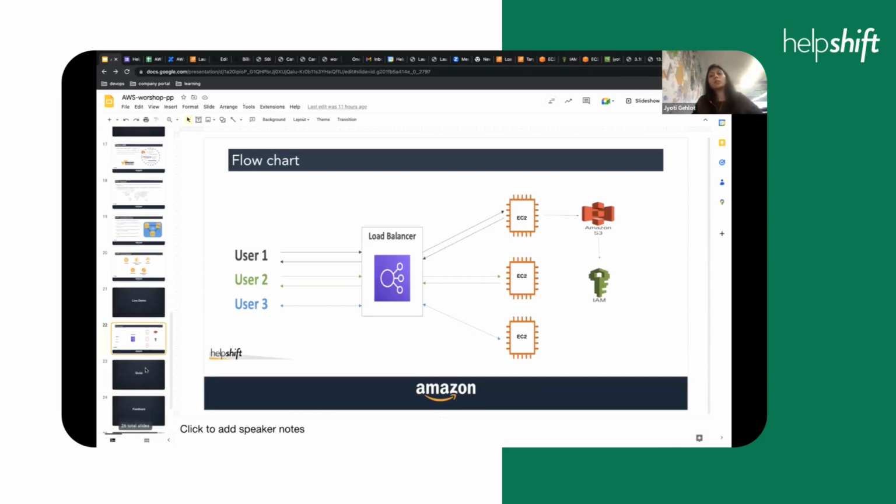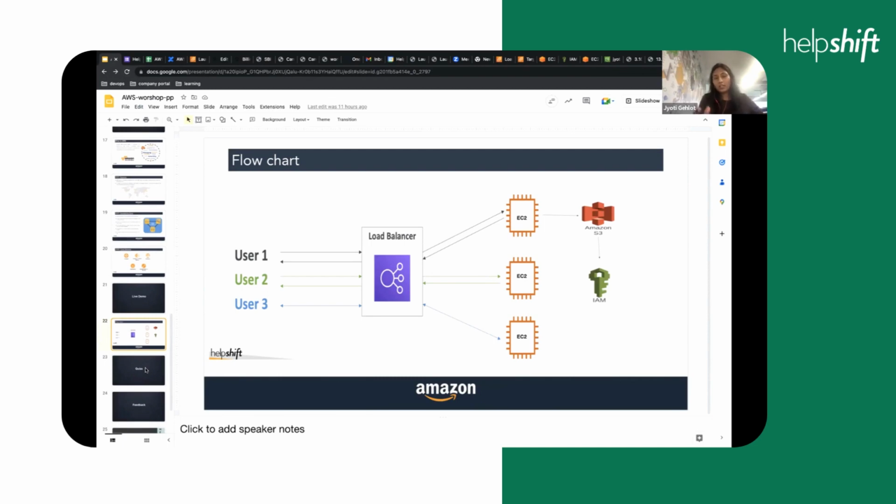Mostly, whatever agenda we had for this workshop, we covered. We started with the why, what problems are solved by cloud, what the differences are between different clouds, and then we checked a few core and basic services of AWS. I know many of you were not able to do it. It's okay. We will give you all the content